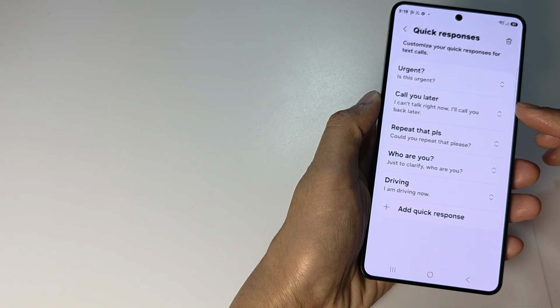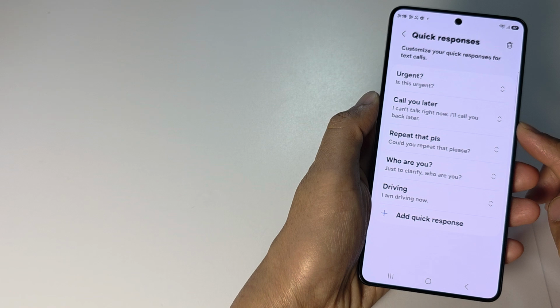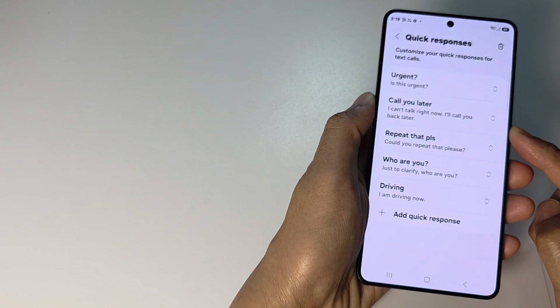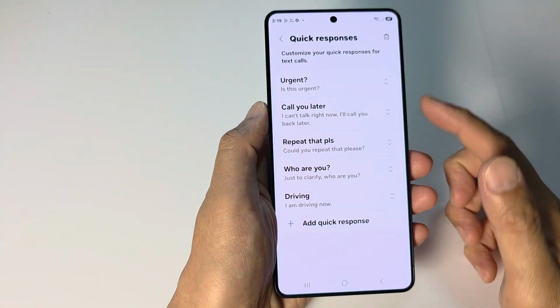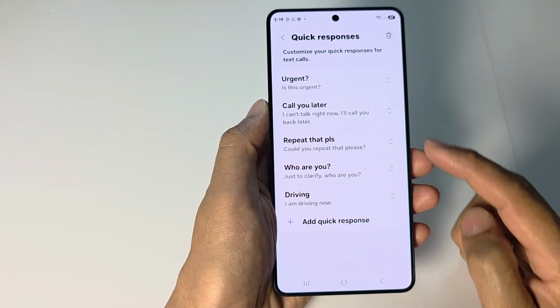What is text call quick responses, and I will demonstrate how you can use it on the Samsung Galaxy S26, S26 Plus or Ultra. First, to get to this text call quick responses page so that you can add or edit the text, you